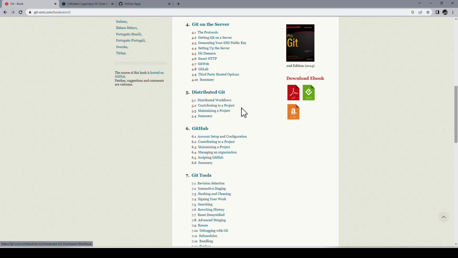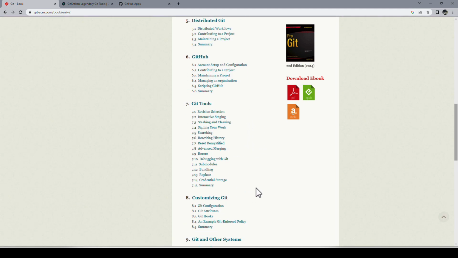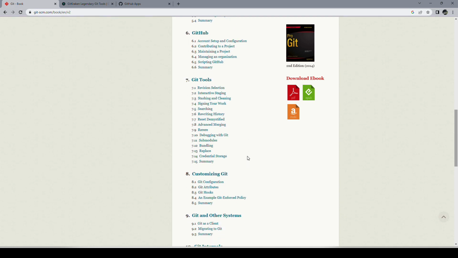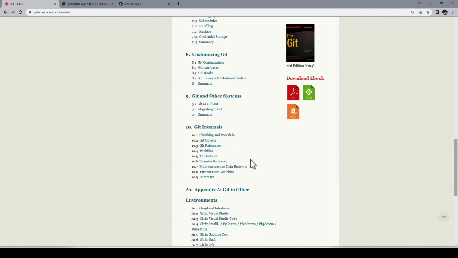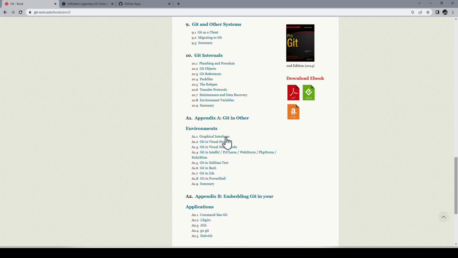This gives you some hints how you use it inside of a team. And Git tools, I hardly ever use. I haven't read this chapter, I admit it. I might have looked up things in that chapter, but these are things like how to rewrite history. That's what usually an administrator does. If you work with GitHub, you have UI to do these things. And there's so many great more inputs here, graphical interfaces, Git in Visual Studio Code, and so on and so on.